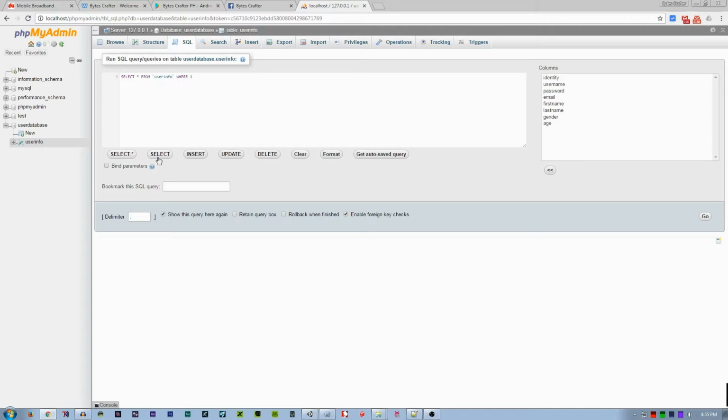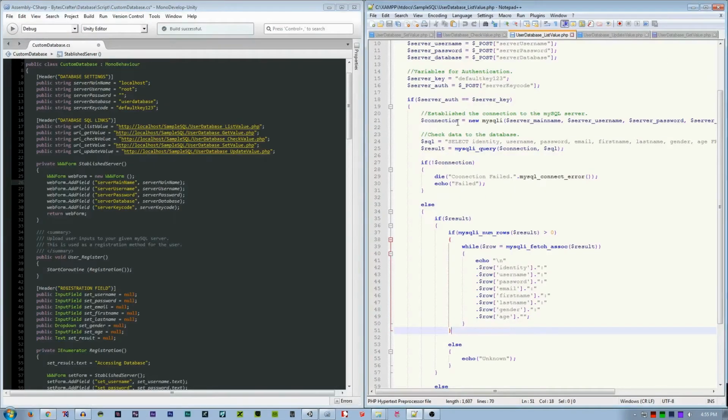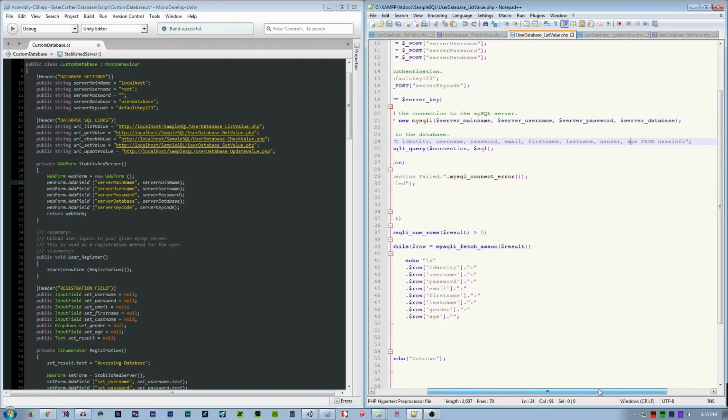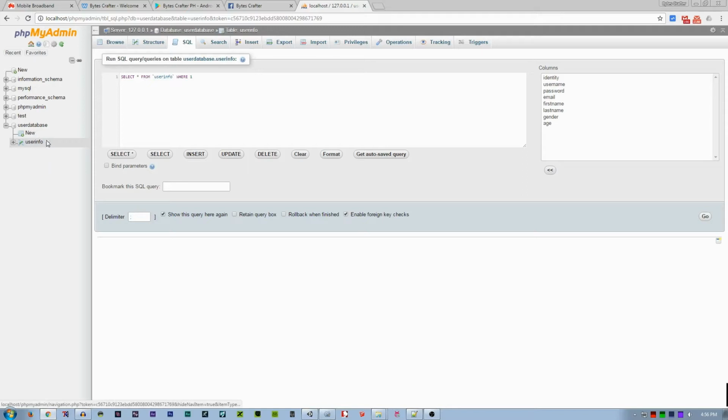So to get all the data is this: select. Select identity, get the identity. What this basically means is to get the identity, username, password, email, first name, last name, gender, age, from the table name user info. Here, the user info.